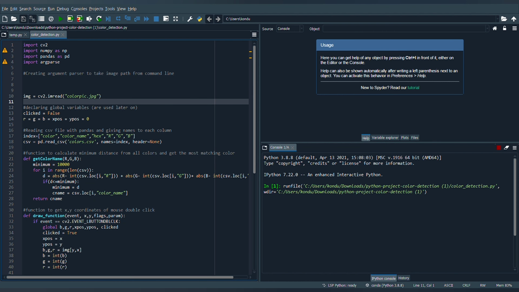So previously I have shown you one example. Now I am going to show you the second example. In the previous one I took the image path called flowerpick.jpg, but in this I am showing another image called colorpick.jpg. After running this,